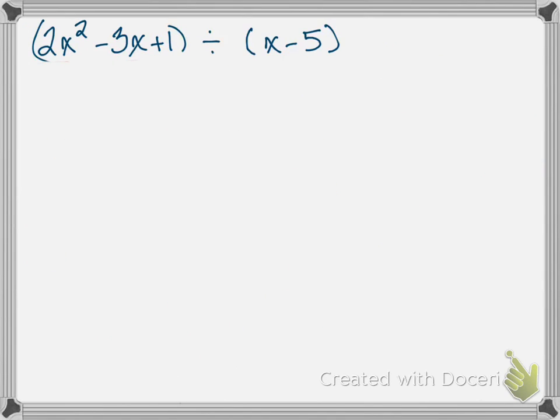So let's look at this. 2x squared minus 3x plus 1. That is what's going to go in the box. 2x squared minus 3x plus 1. And outside the box, what we're dividing by is x minus 5. Okay? So the question that we are going to ask ourselves is,